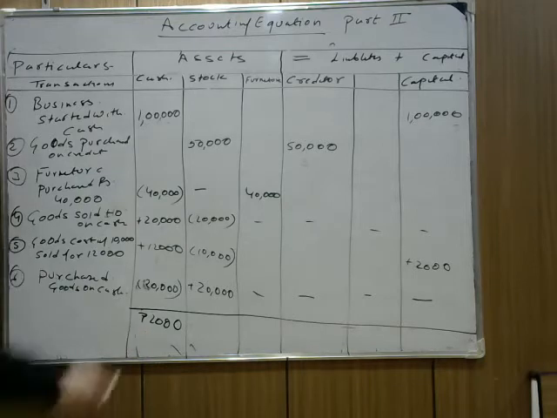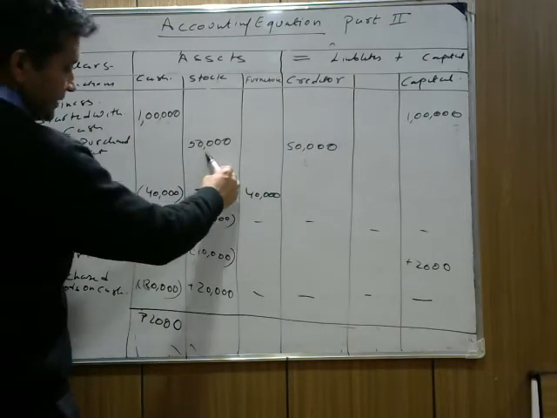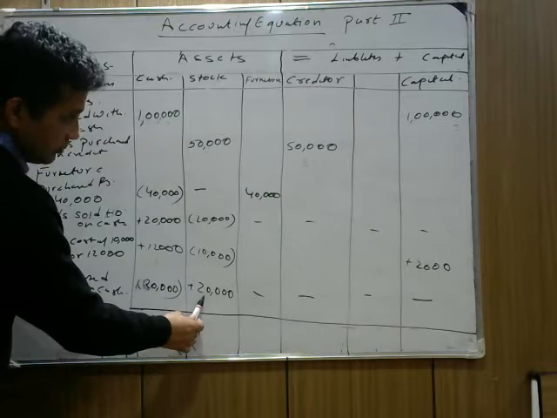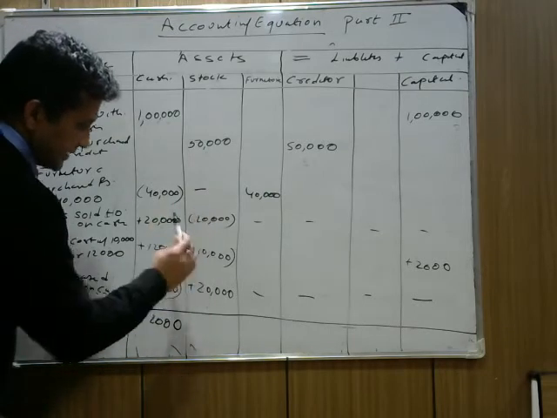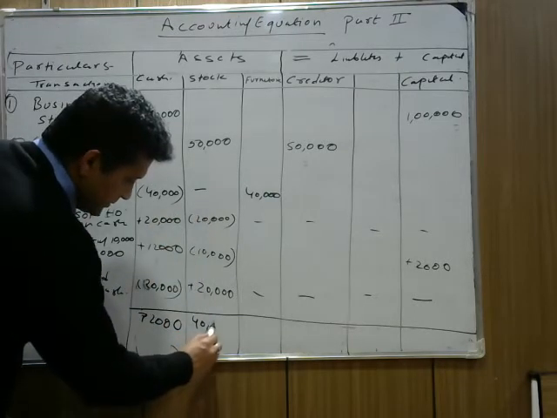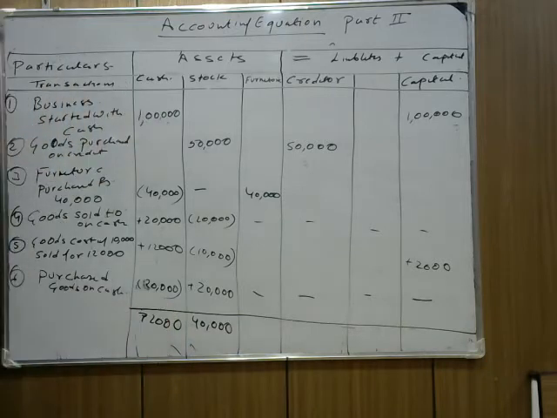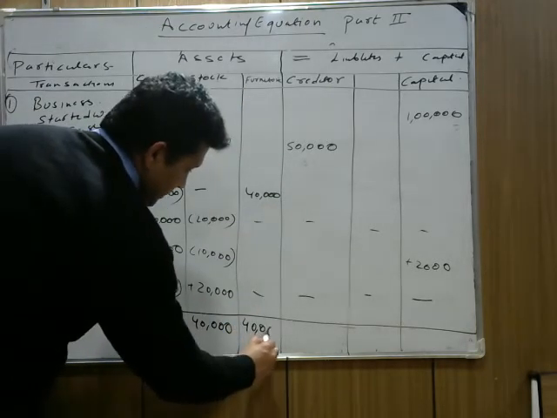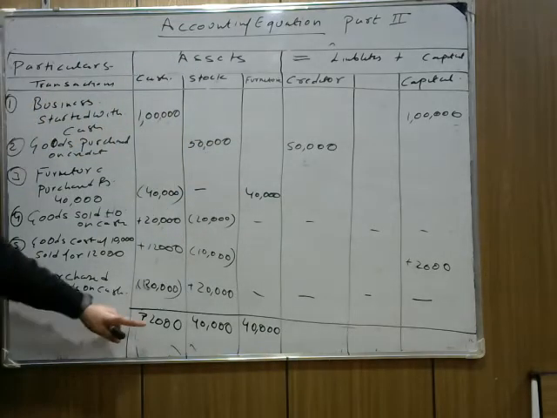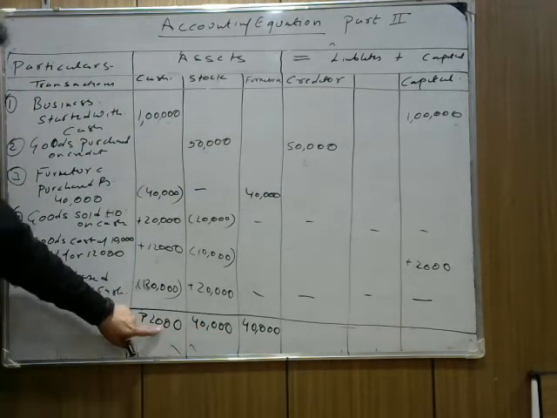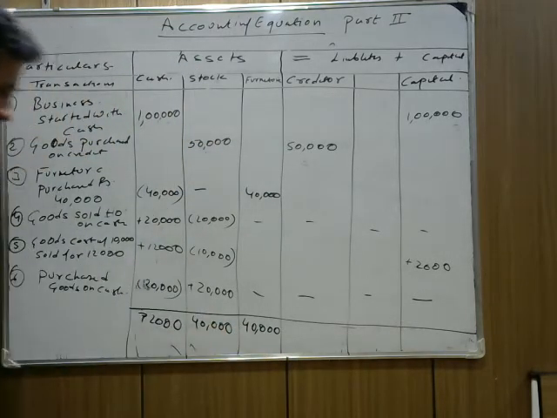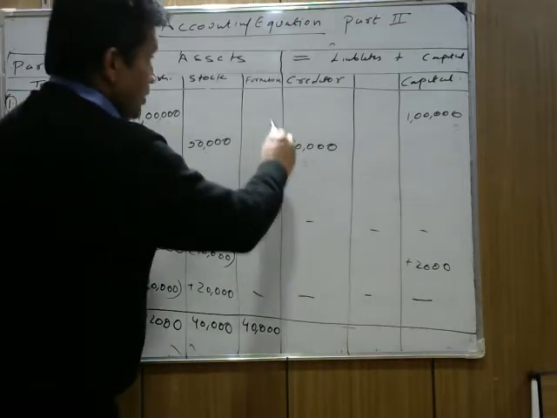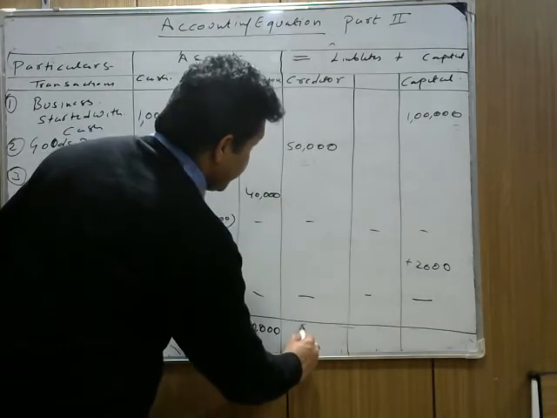Okay, in stock 50,000 stock is there. You purchase 20,000 stock more, it makes 70, minus 30, it's 40,000. Is it clear? Now, furniture, you have worth rupees 40,000. It makes total assets of rupees 72 plus 40 plus 40. It makes 152,000. I hope I'm clear. Now, creditors is rupees 50,000.